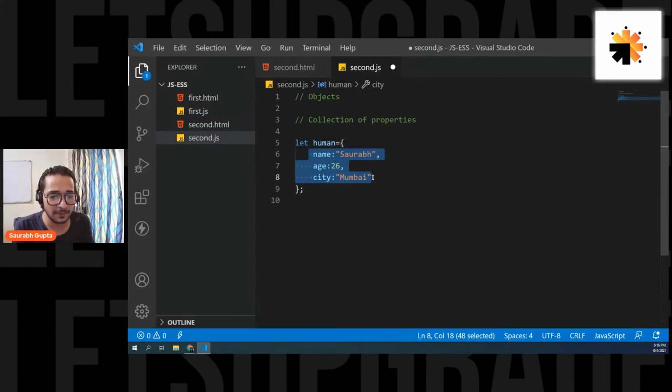Are we cleared, everyone? Guys, please tell me, are we cleared? I want answers from everyone. All the 100 people watching now, I want answers from everyone. Are we cleared? Because once you understand this, there is no confusion about objects in future, because a lot of people get confused in objects, and I don't want that here. So if everyone is cleared, then that's fine.